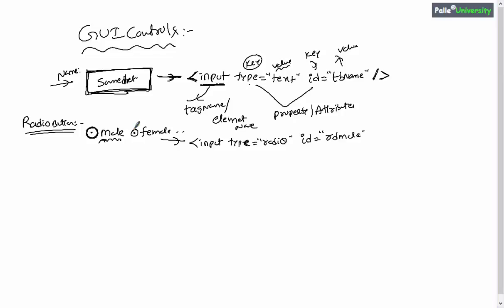But anyhow, when you create a radio button, in general it will just display a small circle. In order to get some content next to the circle, you have to write that content as plain text immediately after the tag, right? Something like this. If you want, you can create any number of radio buttons depending on your requirement.